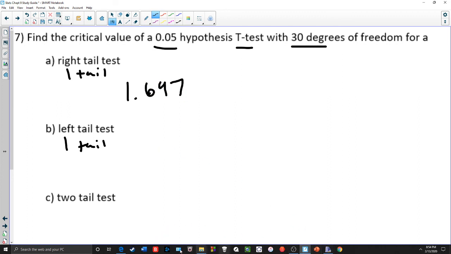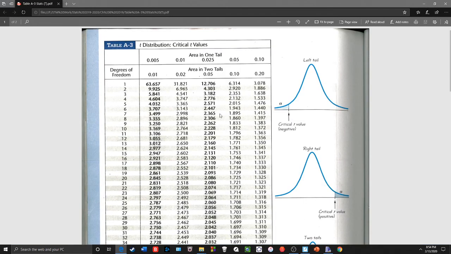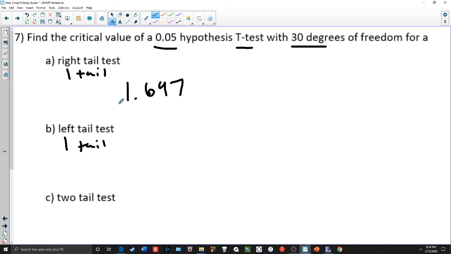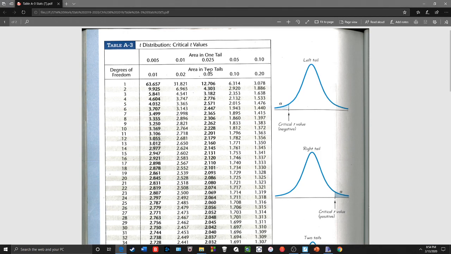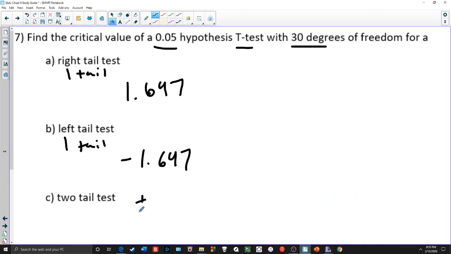For a left tail test, if you notice, there are no negative values in here. So for left tail test, all you do is you simply take the right tail test answer and just make it negative. So negative 1.697. That's all it is. And then for a two-tail test, what you do is you go to the two-tail column, find your alpha, find your degrees of freedom, and sync them up, which in this case ends up being about 2.042. So we go to our notepad here, and we go plus or minus